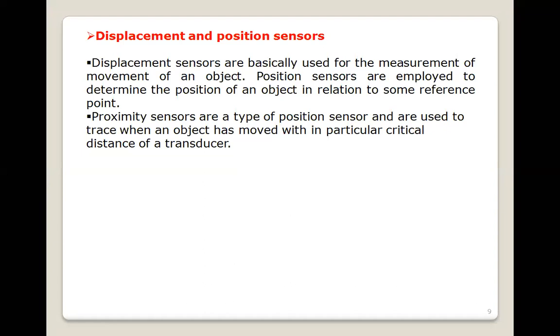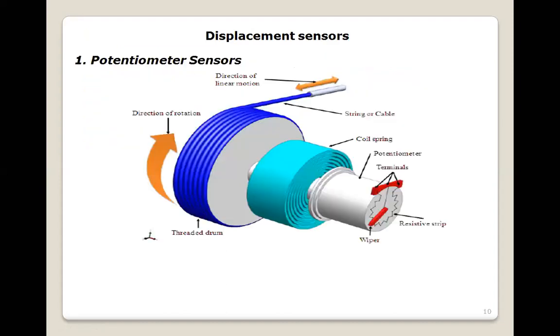That means they measure the distance between the reference point and the position of the object. The proximity sensor is one type of position sensor that is used to track an object that moves within a particular critical distance of a transducer. Different types of proximity sensors or LDR sensors are used in robotic cars for finding their path. So one of the position sensors used as a displacement sensor